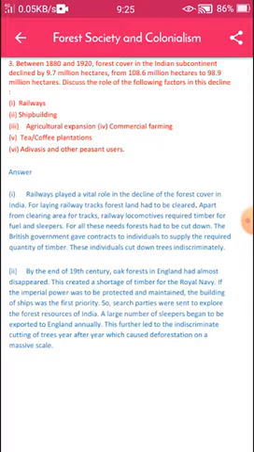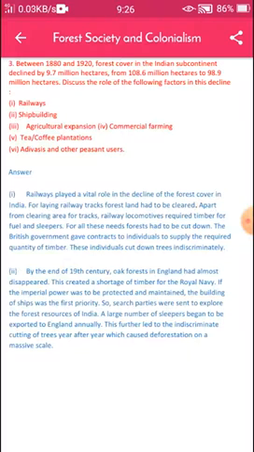By the end of the 19th century, oak forests in England had almost disappeared. This created a shortage of timber for the Royal Navy. If the imperial power was to be protected and maintained, the building of ships was the first priority.